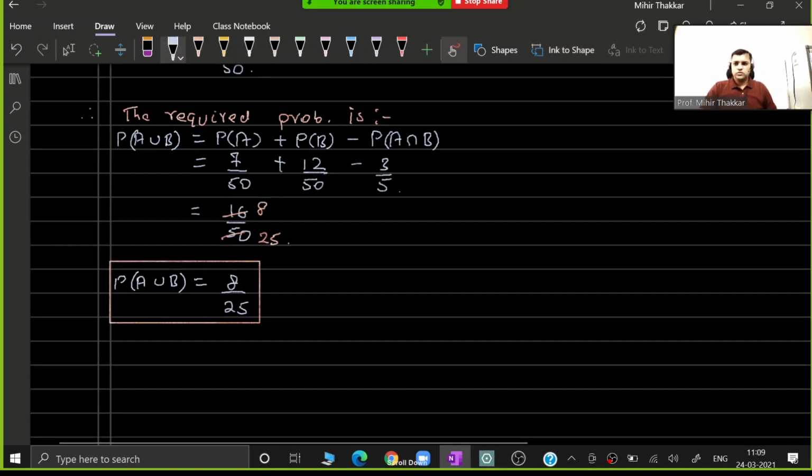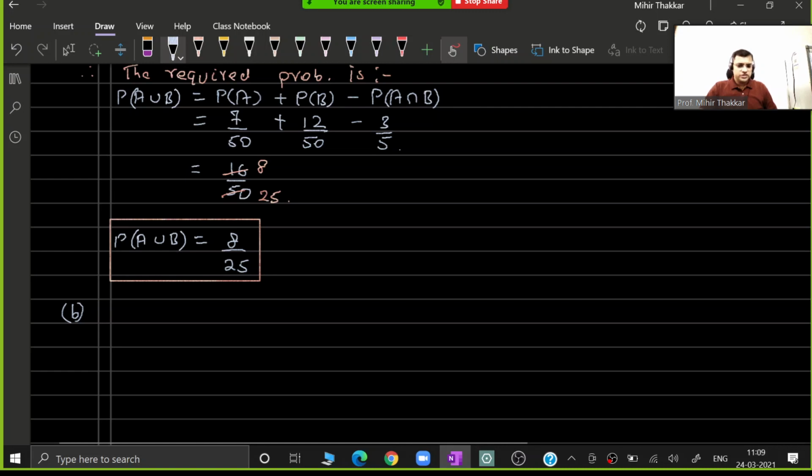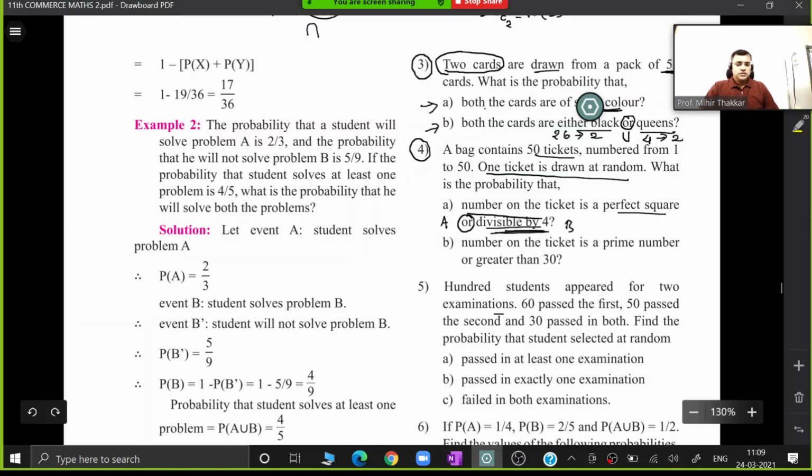So let's go and check out our B event. What is the question in the B part? The B part says that the number on the ticket is a prime number. So I consider this as my A part, or is considered as union. Greater than 30 is considered as the B part, as we did in that. So I want all of you to try this B part as a homework. I guess it's a very easy sum for everybody. So all of you should give it a try, and we will be discussing that in our next class. Okay.